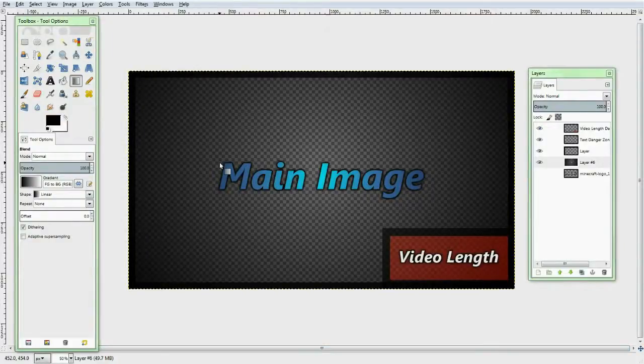Alright everyone, welcome to the first of hopefully many Gimp tutorials, which is going to be pretty exciting because I'm going to show you guys how to make some awesome things in Gimp, which is a free program. Basically the free version of Photoshop, which is going to be pretty sweet to make awesome looking professional thumbnails and such. So anyway, as you can see, I have this nice looking template that I made here by myself